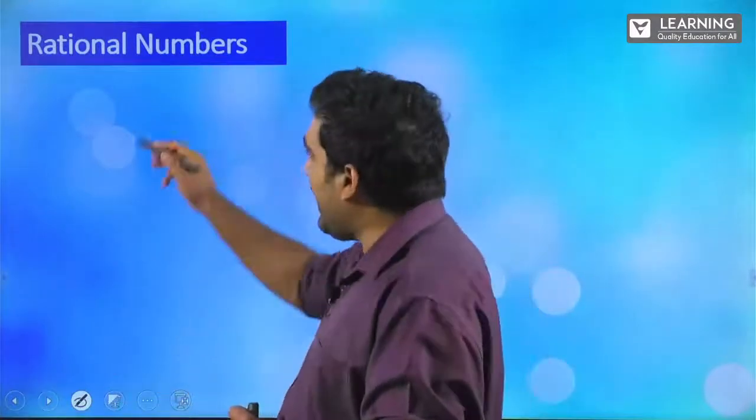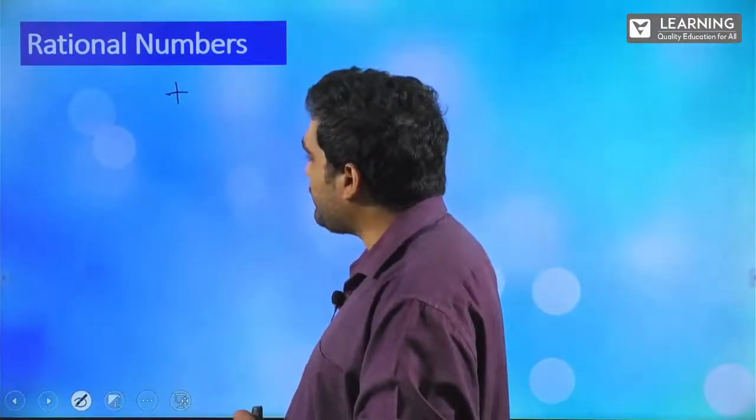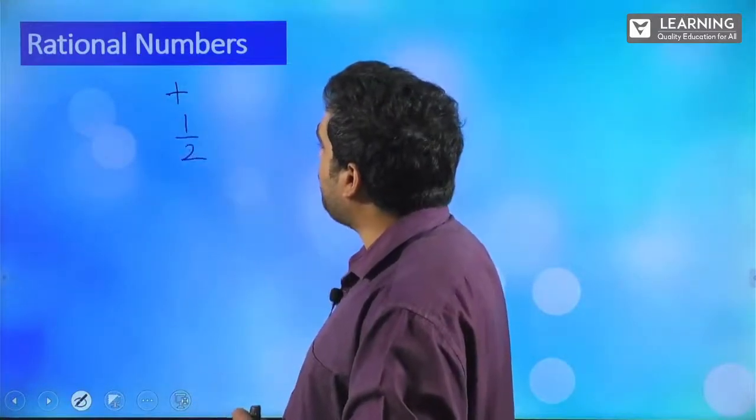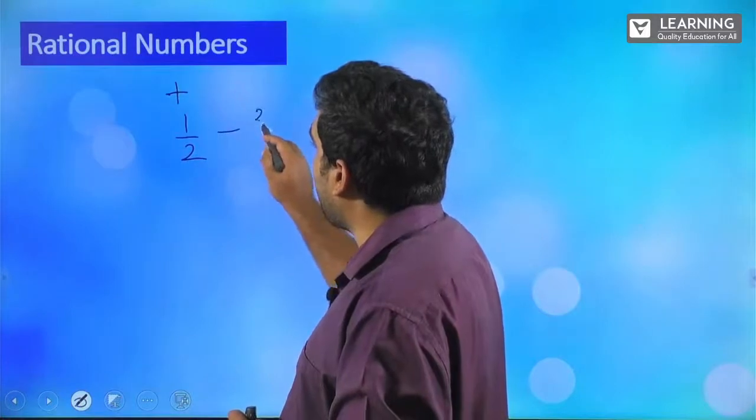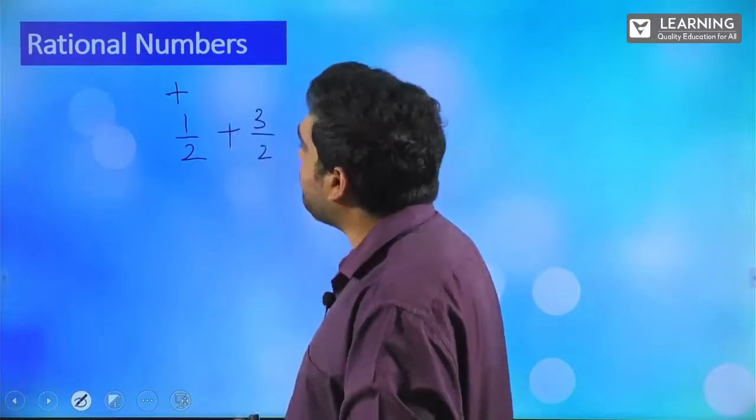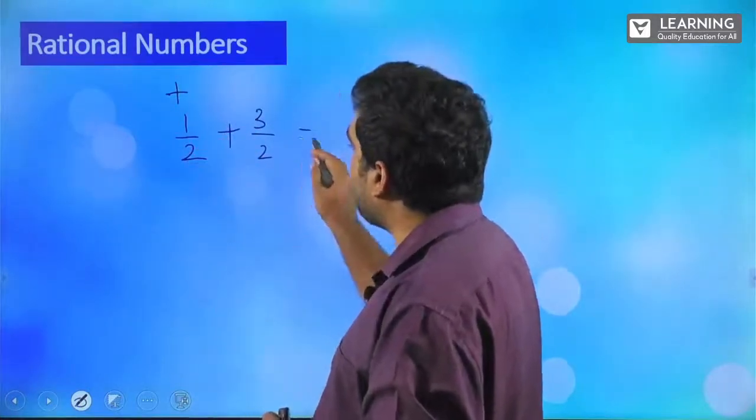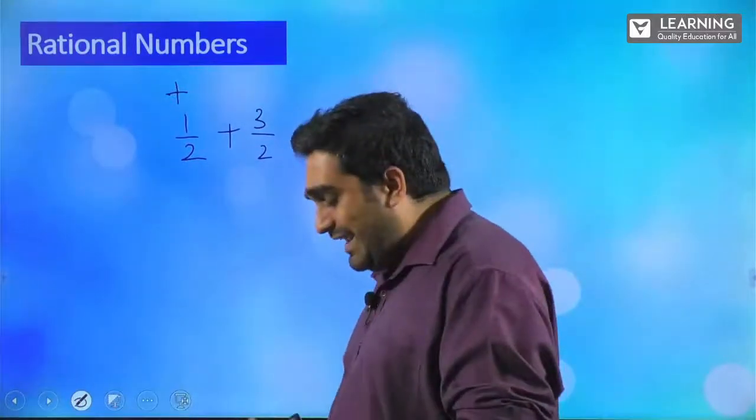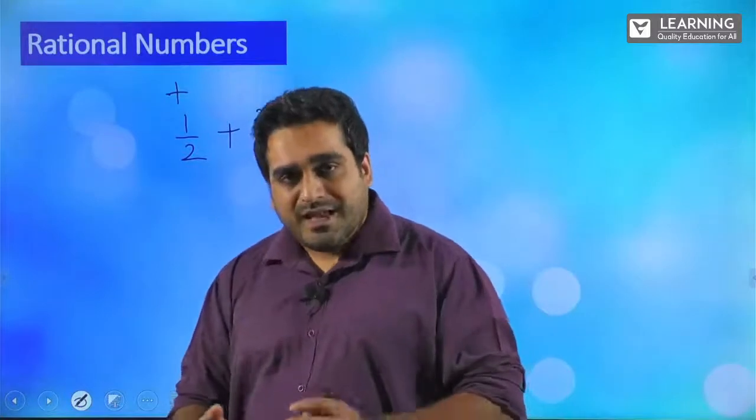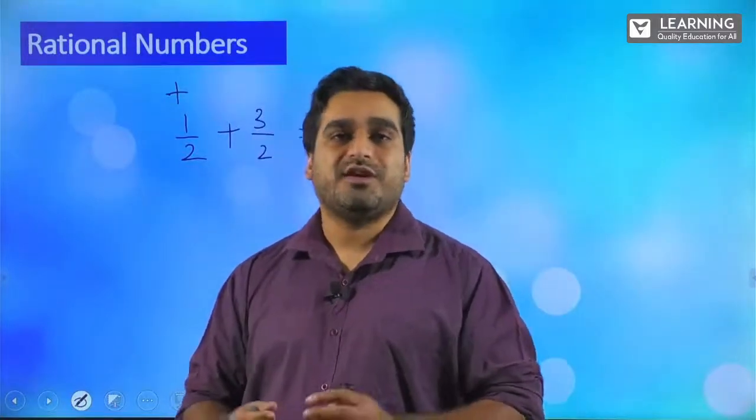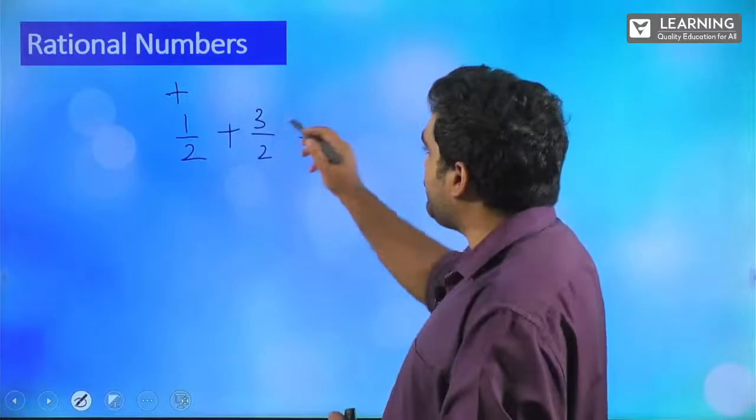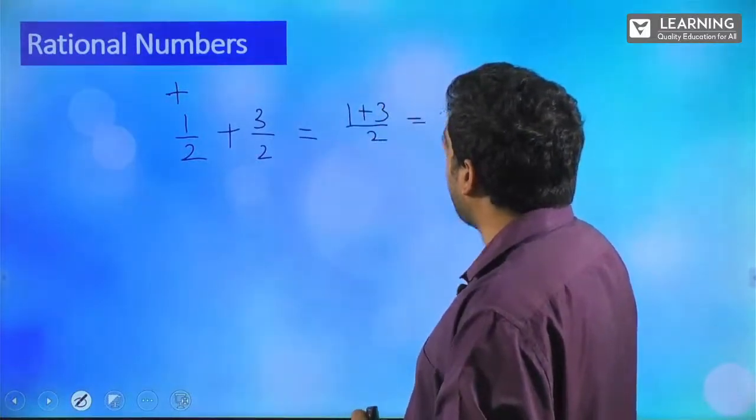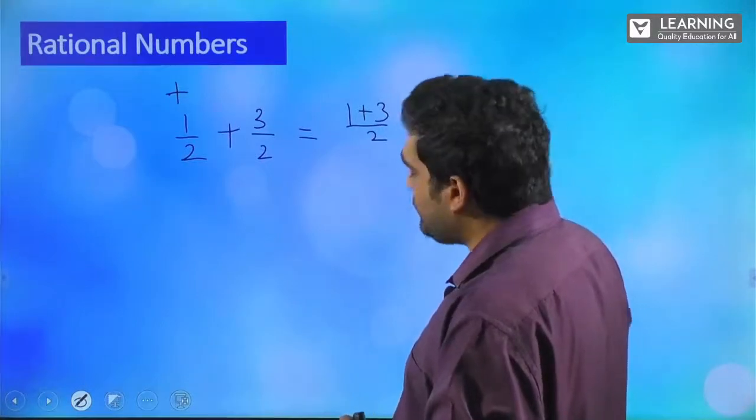Let us first add 2 given rational numbers. Let's take an example of 1 by 2 plus 3 by 2. Since the denominator is the same, which means they are like fractions, in a like fraction, all you have to do is add the numerators. So the numerator would be 1 plus 3 whole divided by 2, which is equal to 4 by 2, which is equal to